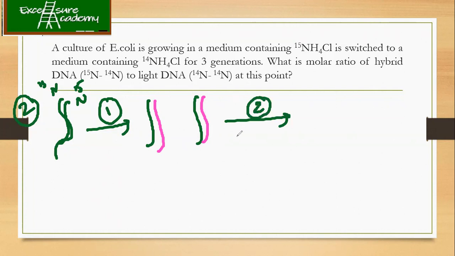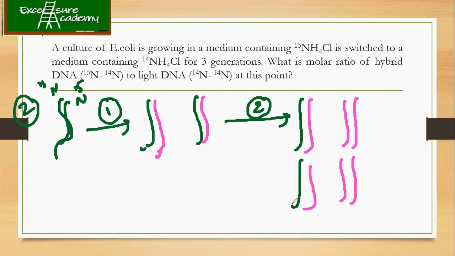Now let's move on to the second generation. This is your second generation. So how I'm going to have 1 of this one, okay. Then I'm going to have this strand as parental strand, then again this as parental strand, and then again the heavy strand is there, right? Now in the second generation, this is going to be a newly synthesized DNA, correct? So every time this one is N15 and the pink one is your N14. Okay, now this is about the second generation.